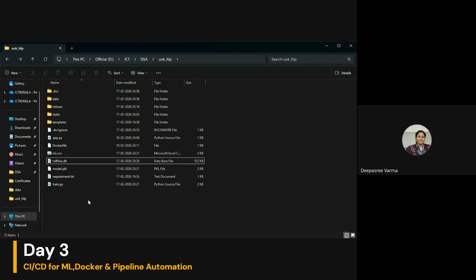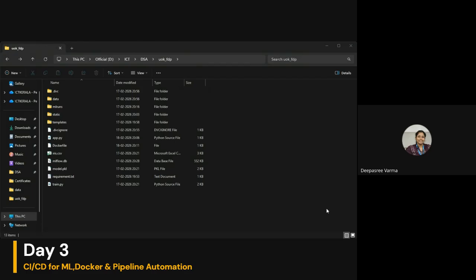If you are all ready, we can move on to the second part of the session, continuous integration, if this part is clear and you don't have any questions.